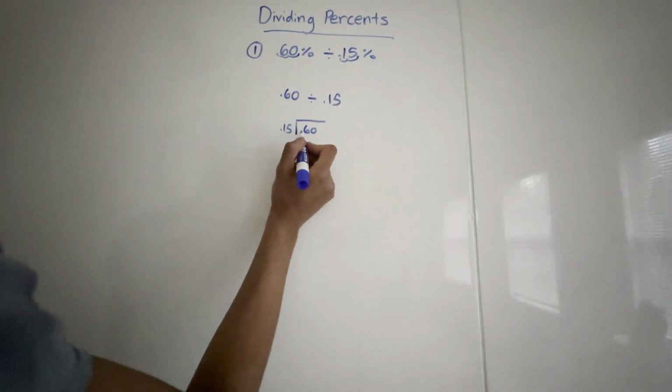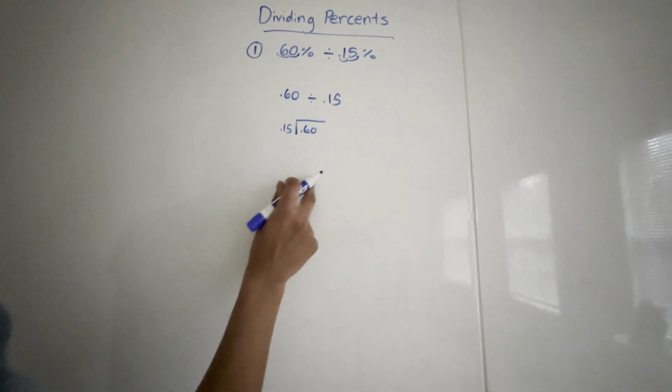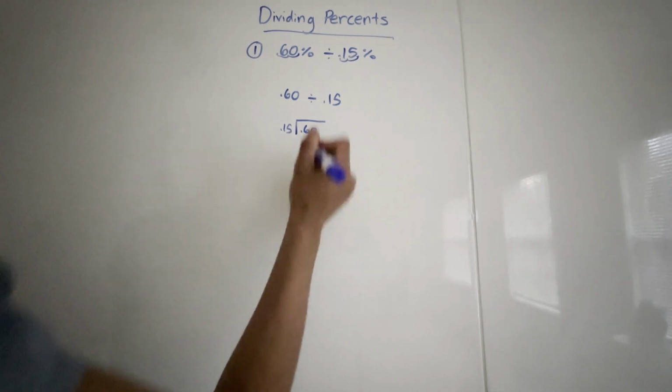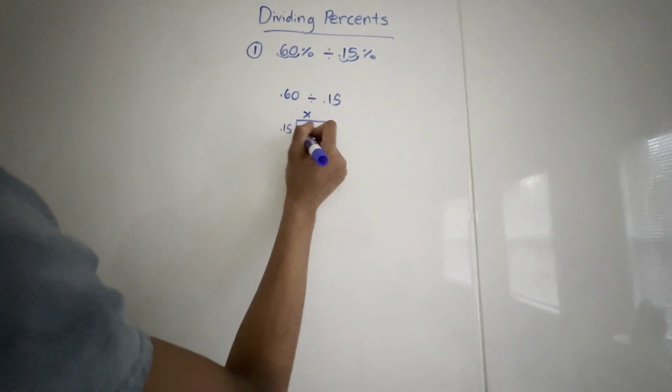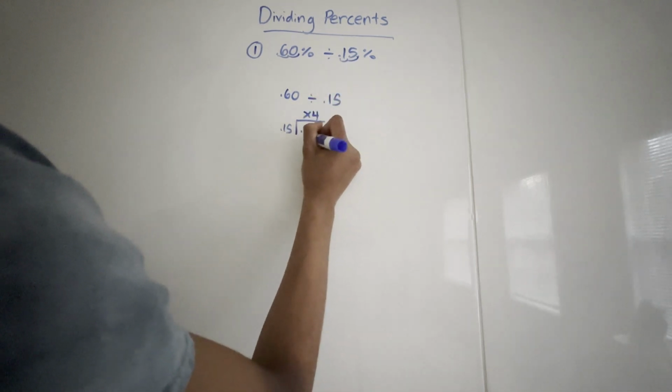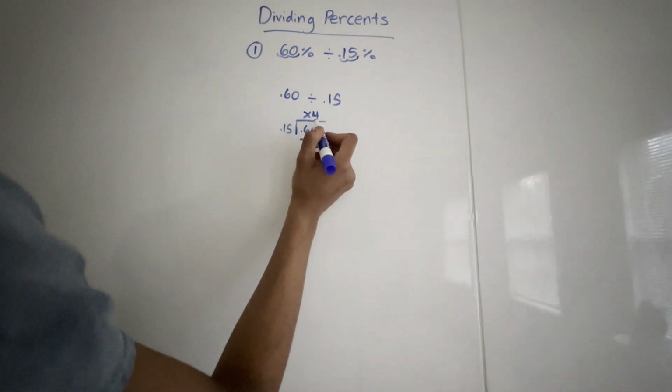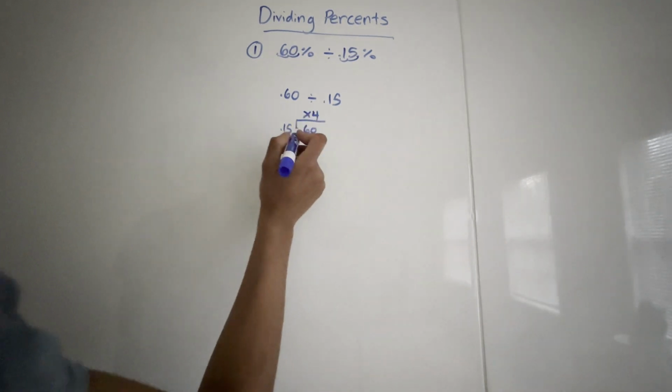And for now, we're actually going to ignore the decimal point and just divide them as normally. So 60 divided by 15. So this would equal 60 divided by 15 is 4. So we have 4 as our answer, but we're not done yet because we have to find out where we